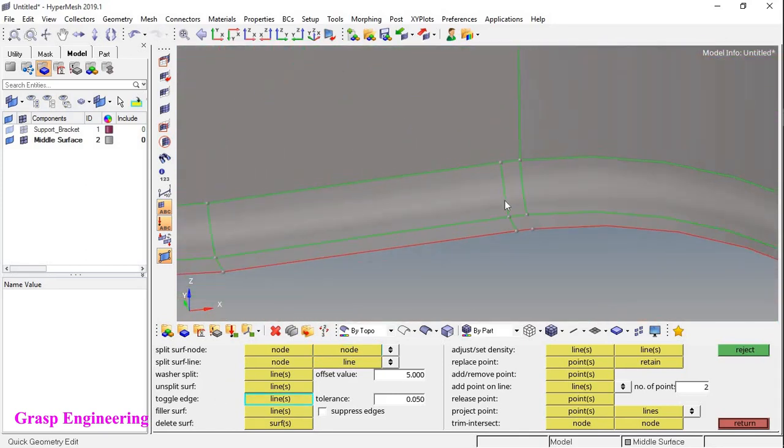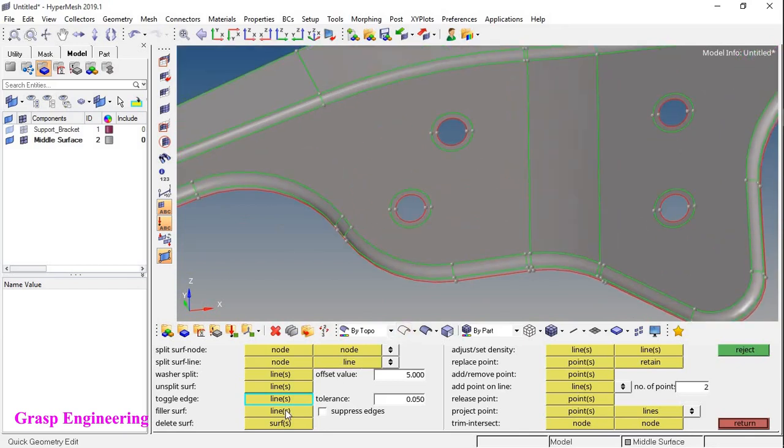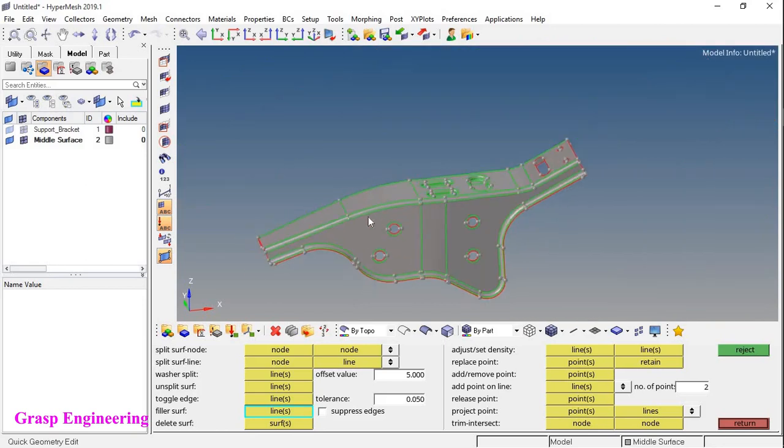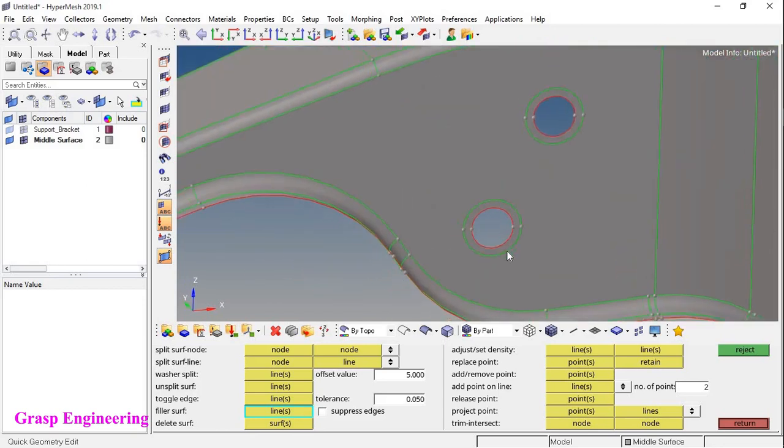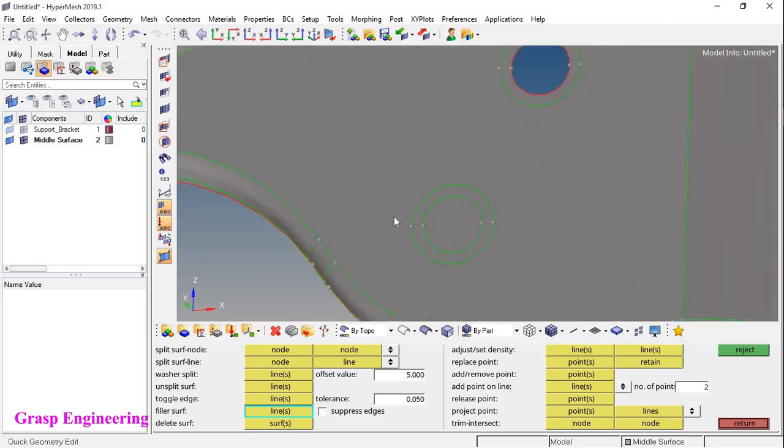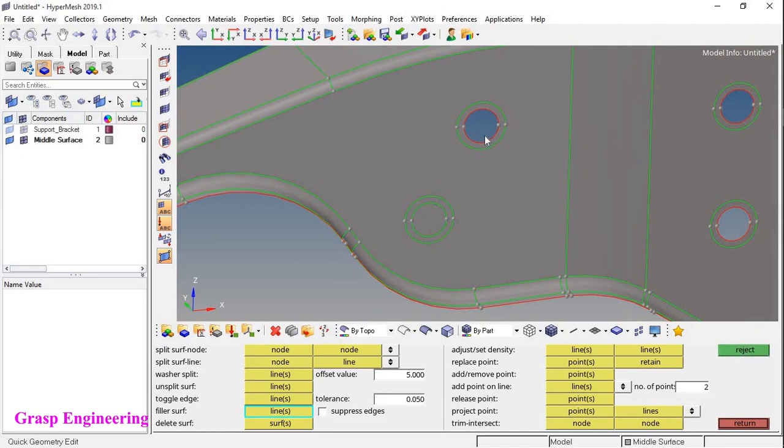Now the next option is the filler surface. The filler surface is basically, as the name suggests, used to fill the respective surfaces. For example, if you click on that, you will find this respective surface is filled. Similarly, reject this.